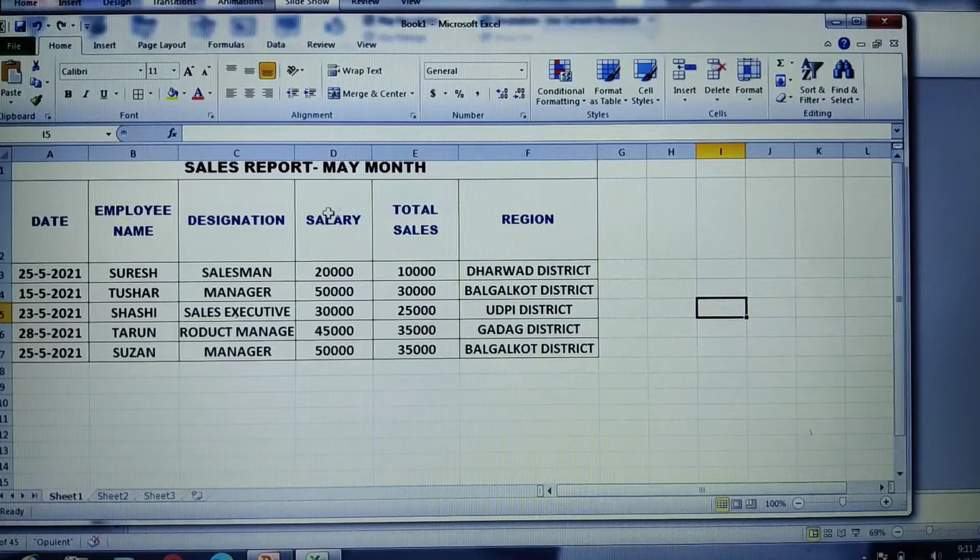But before this, how do we identify each cell? We identify each cell by the combination of rows and columns. When you click on a particular cell, we need to identify it with its column and row, where columns are referred to by alphabets, whereas rows are referred to by numbers. When you click the cursor on it, it becomes an active cell, and each cell is uniquely identified by its cell address. The cell address of this one is J2. If you carefully observe, the J column has been highlighted, and here the second row has been highlighted. I hope now it's visible.